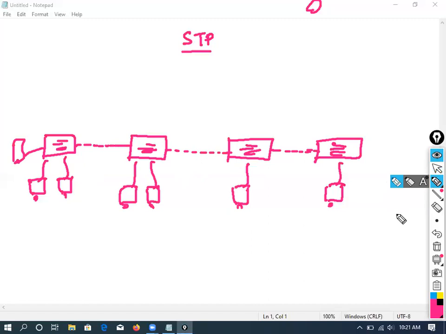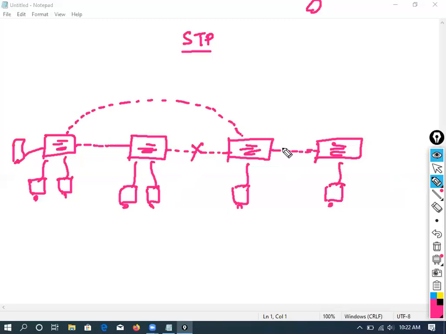Ring topology. You're going to implement something like a ring topology. So how can I implement that here? Bring one more link between any switches. For example, I'll take this switch and connect it to this one, or maybe this one, whatever it is. Now if I lose this connectivity, I will still be able to communicate. Is it clear? Now you may think, what if I lose this connection? Then it's gone.